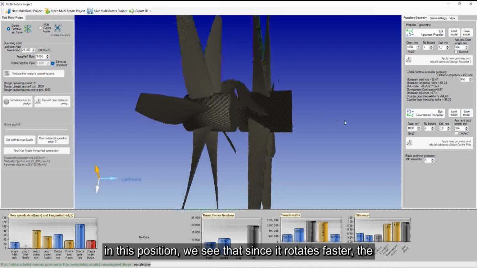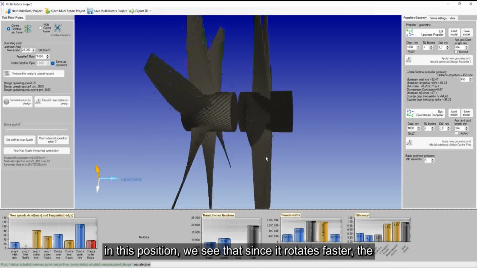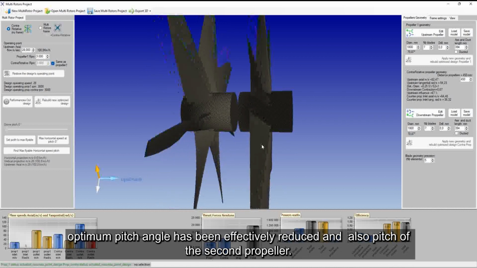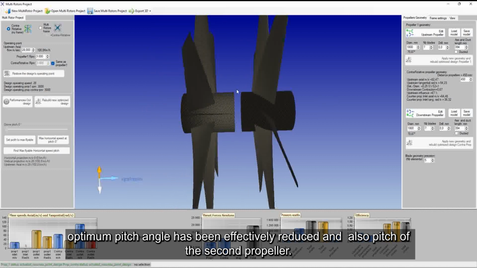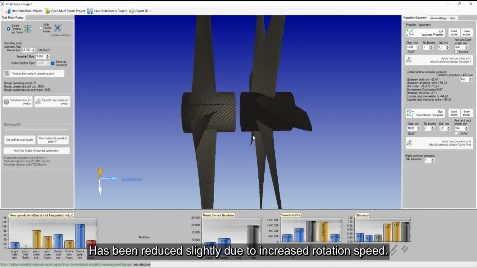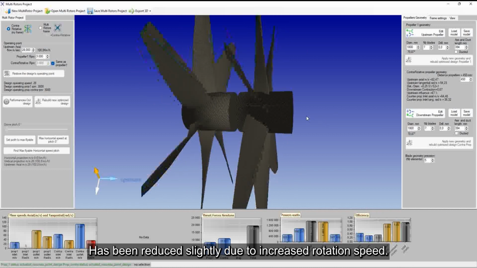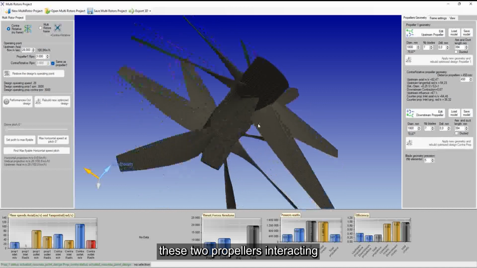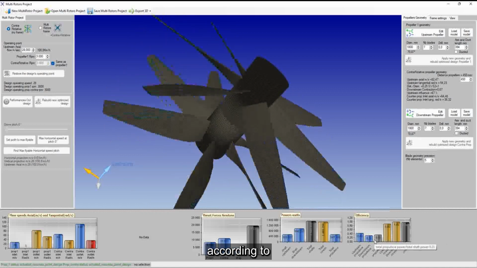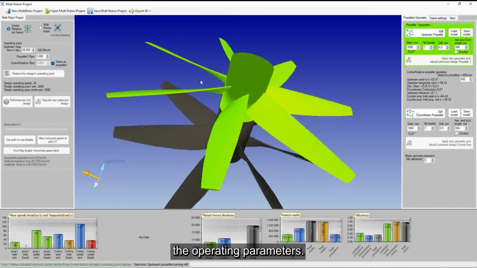In this position, we see that since it rotates faster, the optimum pitch has effectively been reduced, and the pitch of the second propeller has also been reduced slightly due to the increased rotation speed. There we are, we can study these two propellers interacting according to the operating parameters.